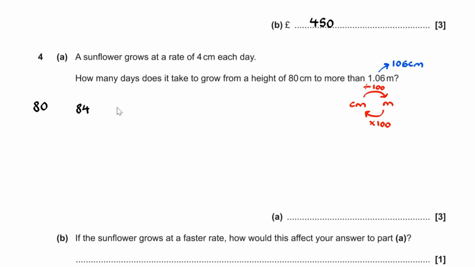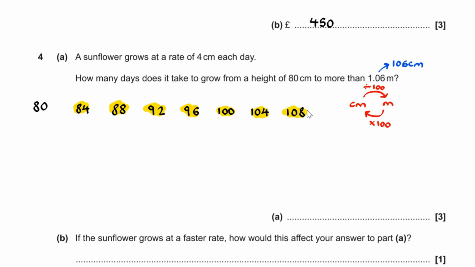Then adding on another 4, we've got 88, then 92, then 96, then 100, then 104, and then 108. So therefore, what you can see here is it takes 1, 2, 3, 4, 5, 6, 7 days for us to reach